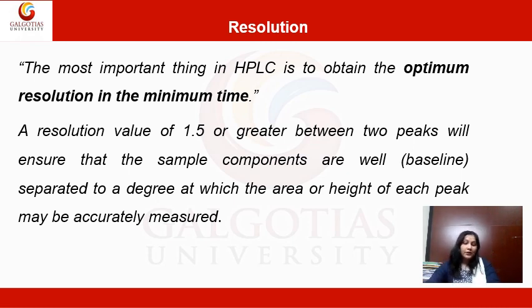Suppose you have plotted two peaks on graph paper which are very close to each other, and then you have to find out the height or peak area of each peak. As I already told you, if the peaks are very close to each other, you will face difficulty in finding the actual height and area of that peak. It means there should be a clear separation of peaks to get the measurement of each peak. That is actually the resolution. If the value is less than 1.5, it means the components are not well separated at the baseline.